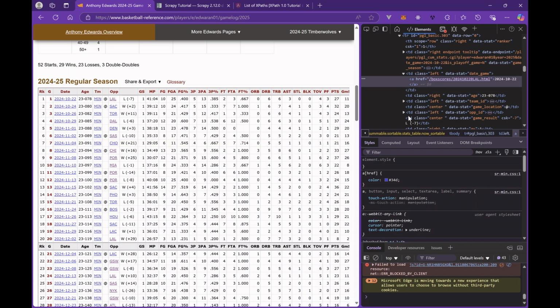And I want to also point out that it is a link. As you can see here, we have an href. So we'll have to make sure to extract just the text. We don't want the link itself. And that's just one slight tweak in difference to something like points. Points is just going to be text. So let's go back into our editor